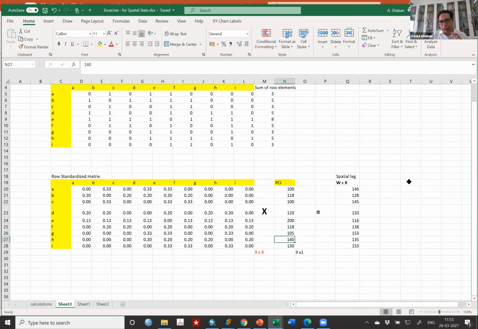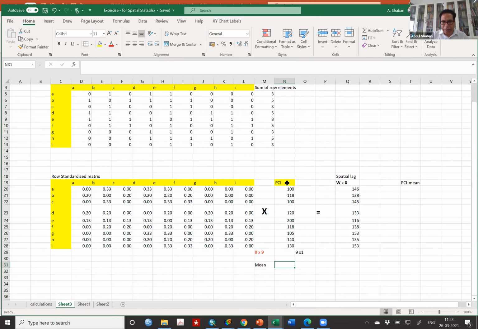So PCI, what I can do, I say PCI minus mean, I can compute this one. So how will I do this? You have to compute the mean and then deviate. There are two ways to do it. I'm telling you how you can do it. Better would be that I do this for you here. For example, I have average. Average means mean here. So let me type mean, the technically correct way.